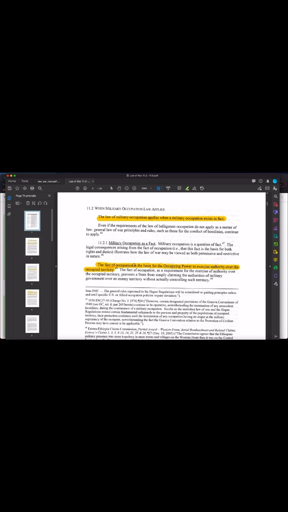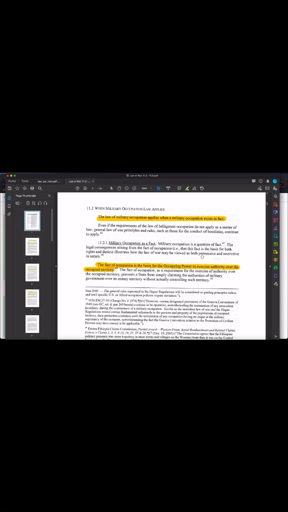Okay, so the law of military occupation applies when a military occupation exists in fact. What that really means is that the fact of occupation is the basis for the occupying power to exercise authority over the occupied territory.